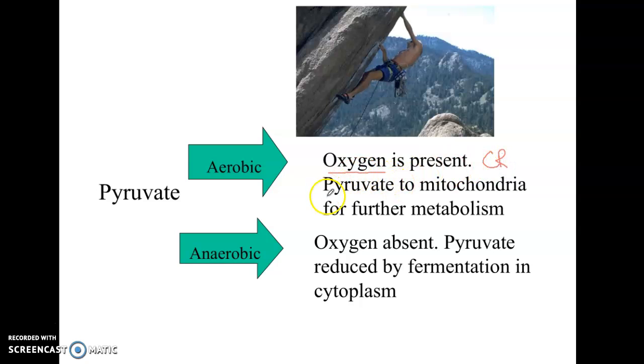So what's going to happen is that the pyruvate molecules are going to move into the mitochondria to further metabolize. However, if there's no oxygen present, we call this an anaerobic process, or sometimes there's a little bit of oxygen but not enough, it's still considered anaerobic. And so what's going to happen is the pyruvate molecules are going to stay in that cytoplasm where they were, and they're going to go through fermentation and reduce to still provide some ATP for the cells, just not as much as it should. So your body can switch